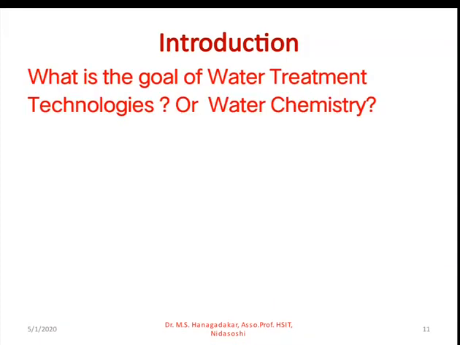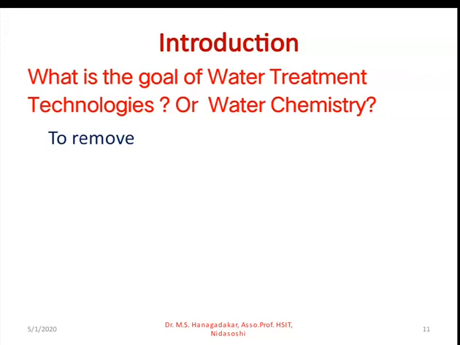Now, what is the goal of water treatment technology or water chemistry? What is the purpose of learning this chapter for every student? This chapter is not meant only for the engineering student. It is required for all the students who are using water, and for all living organisms of humankind. Not only engineers, but non-engineers also must know the facts about water,